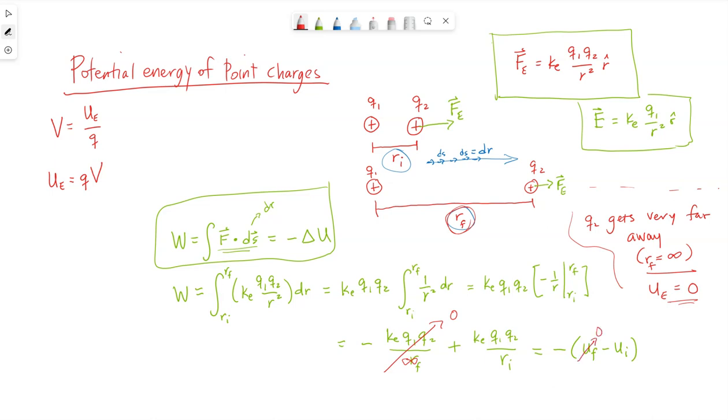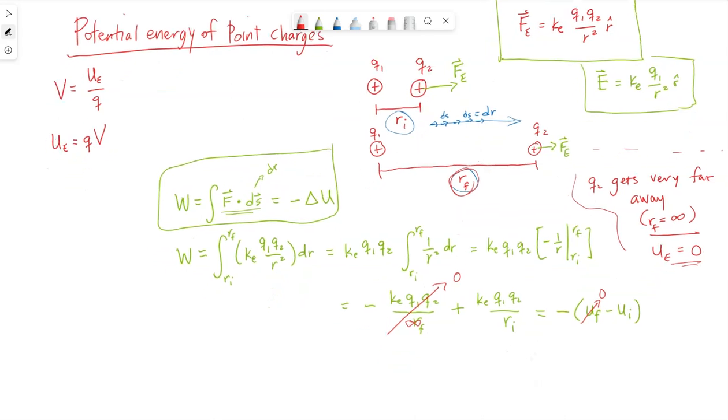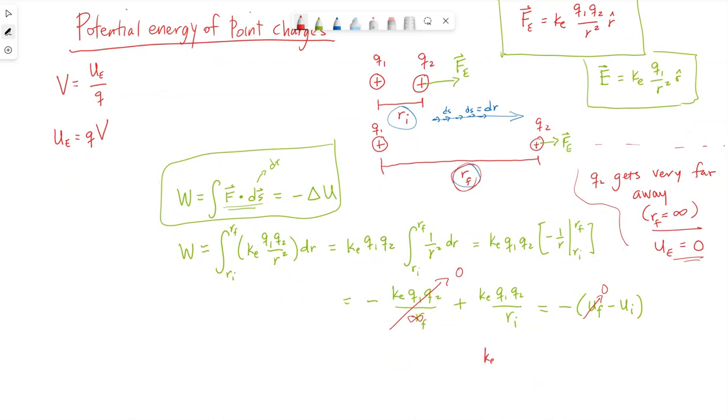We're defining the energy at that point to be 0 as well. So what this shows us is K, Q1, Q2 over R initial is, these negative signs cancel, that initial potential energy. So we can now generically say the electric potential energy a point charge experiences because it is near another point